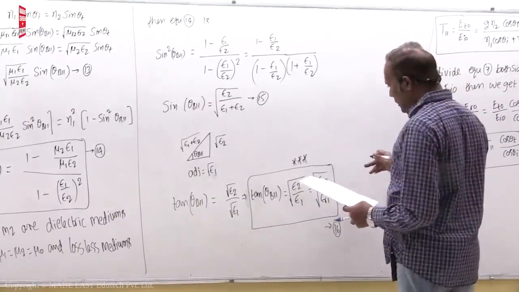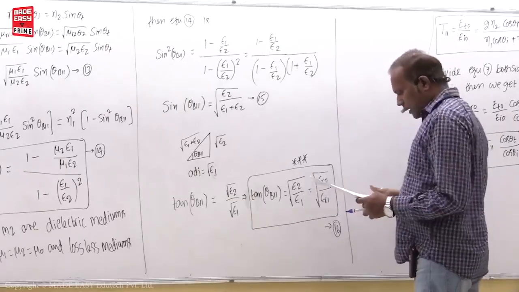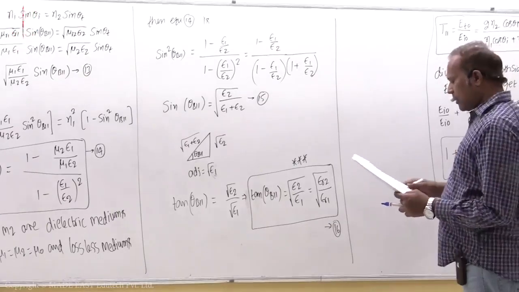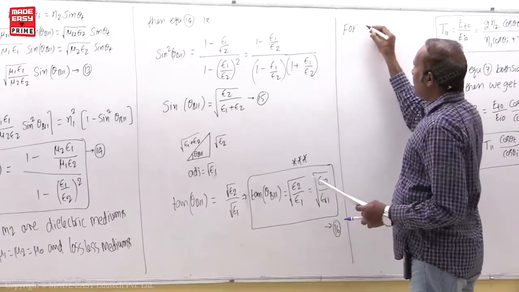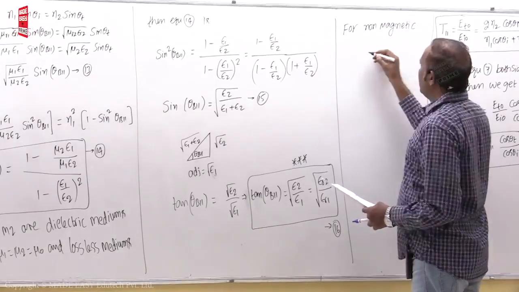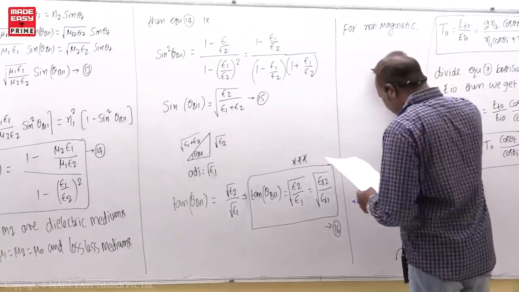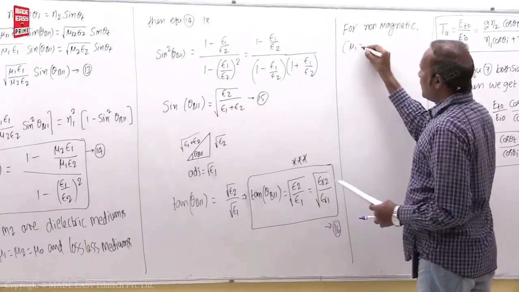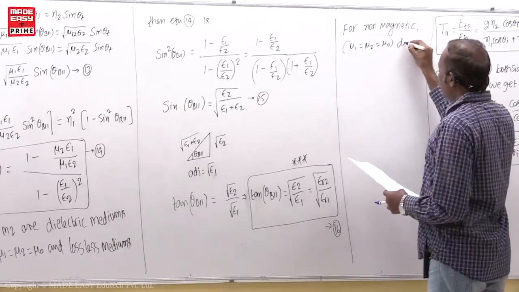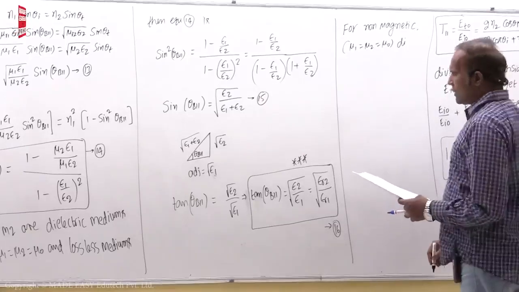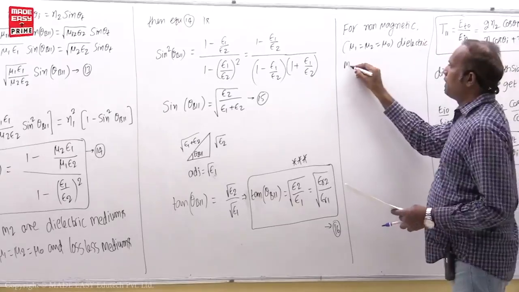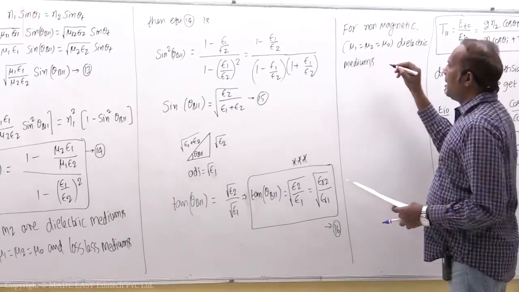So dear students, here, simplified formula, let us simplify that one. For non-magnetic, that means mu1 is equal to mu2 is equal to mu naught, dielectric, of course, lossless. Okay, dielectric means lossless only. Dielectric mediums,